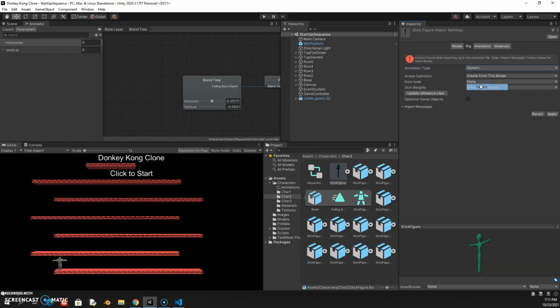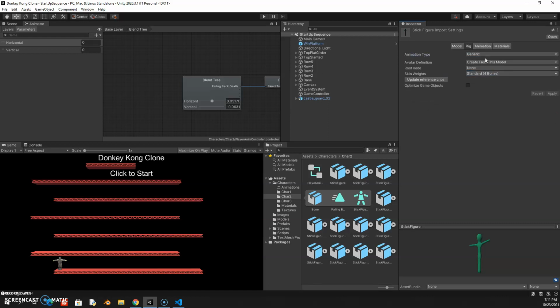I'm going to go ahead and reset this just so that I can show it off. In order for animations to work here, you need to have a skin attached to your character. You can have it be generic, legacy, don't know what that one is, or humanoid. Generic is for non-humanoid things. These need to be humanoid to be compatible with the Mixamo animations, and you can do that by creating that